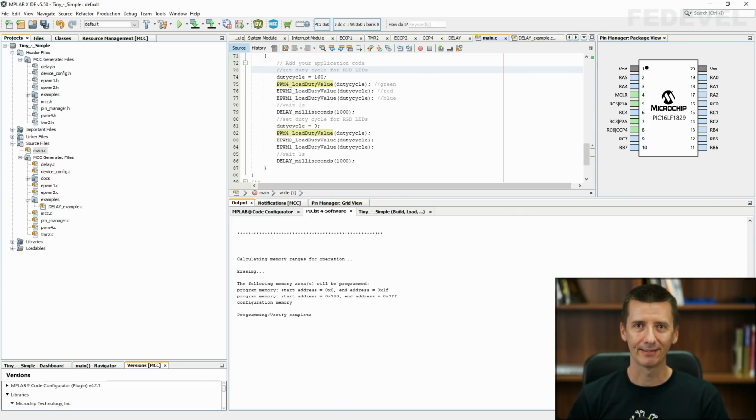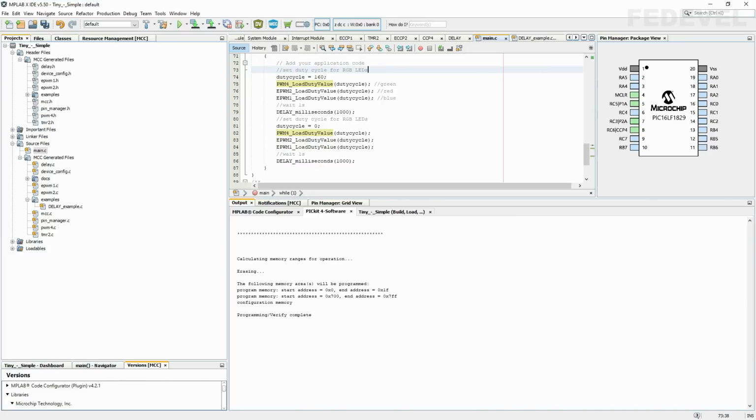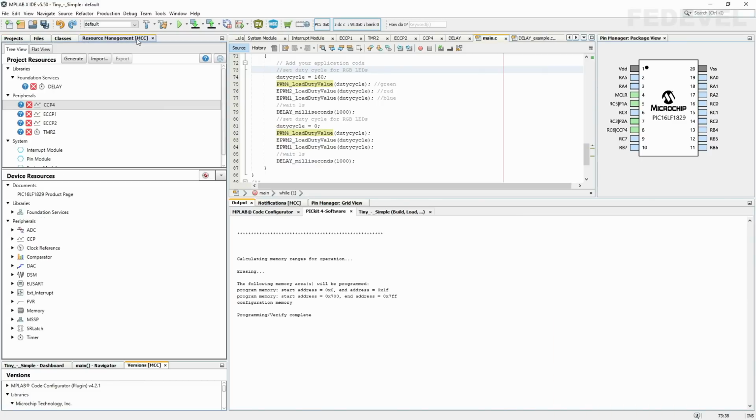We would like to learn how to use I2C bus so we can talk to our accelerometer. And again, it's not going to be so difficult because we can use this MCC and it is going to help us a lot. Click on this MCC tab, and to support I2C, we would like to add this MSSP module. And there are actually two modules. So which one should we use?